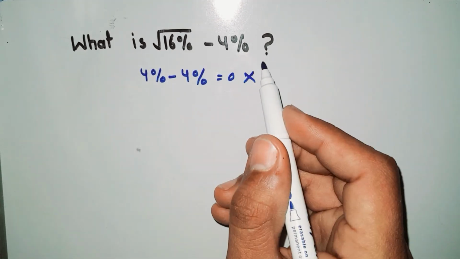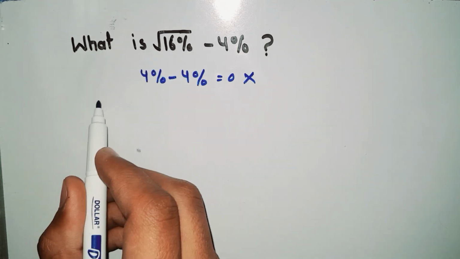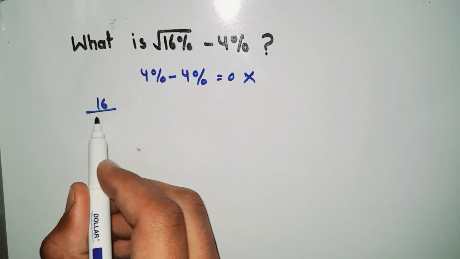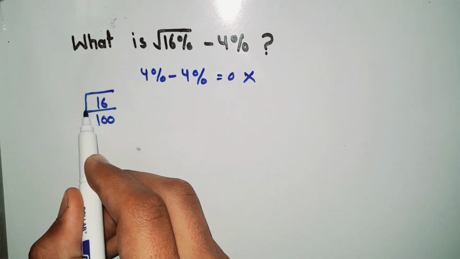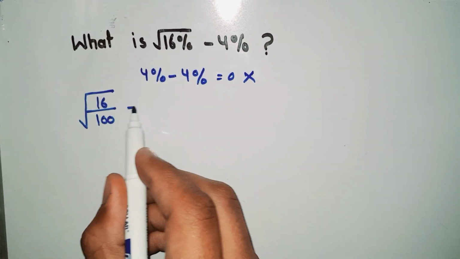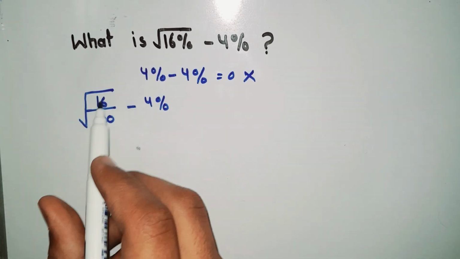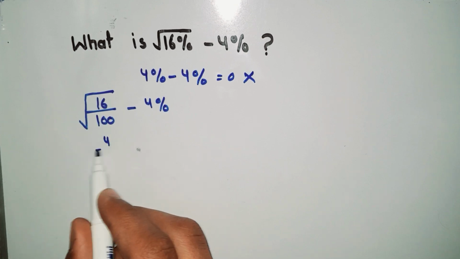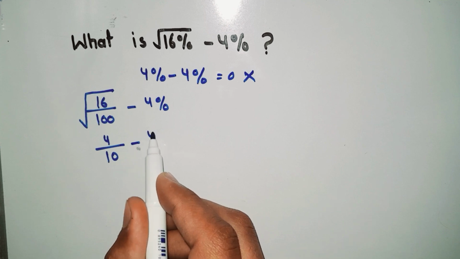So the mathematical way is, we know that 16% means 16 out of 100. So we write 16 upon 100, and the square root means the whole square root, minus 4%. Now the square root of 16 is equal to 4 and the square root of 100 is equal to 10, minus 4